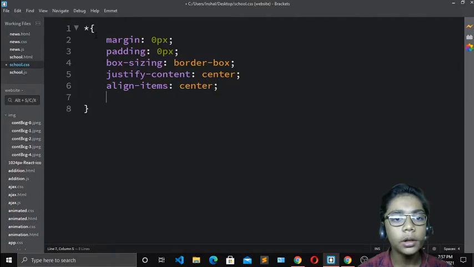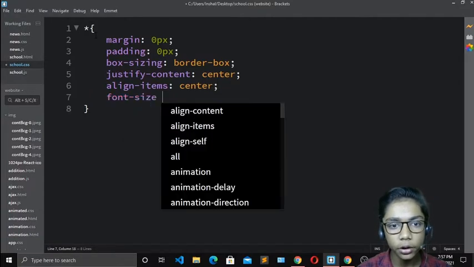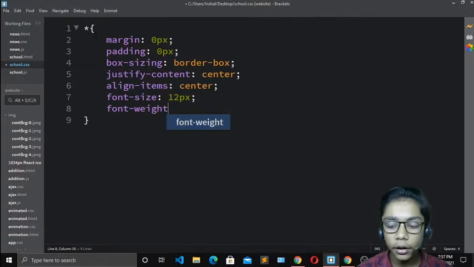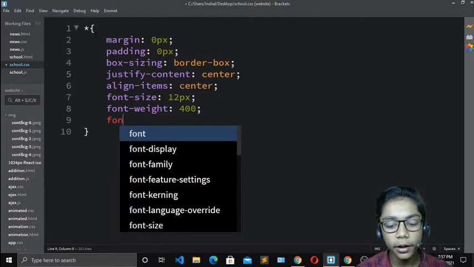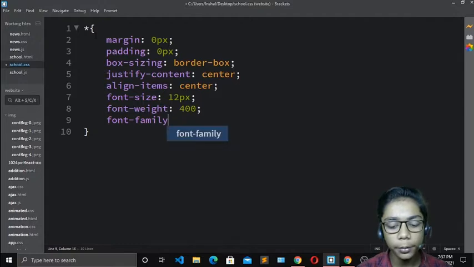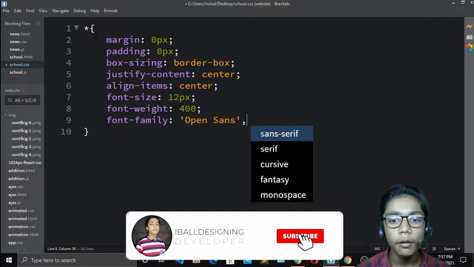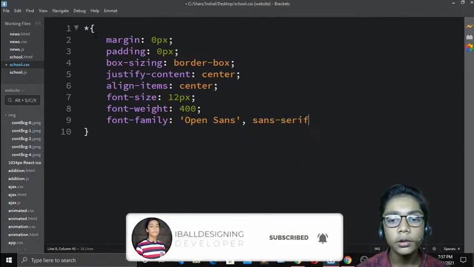Then when you've done that all, you have to come and write font size, which should be 12 pixel. And now right over here font weight should be 400. Then come and write font family, which should be of like Open Sans. So I will write Open Sans, and here I will take this O to capital because it is the first letter, and the first letter should also be capital when you're defining any of the font. Okay, so here we will do like that.